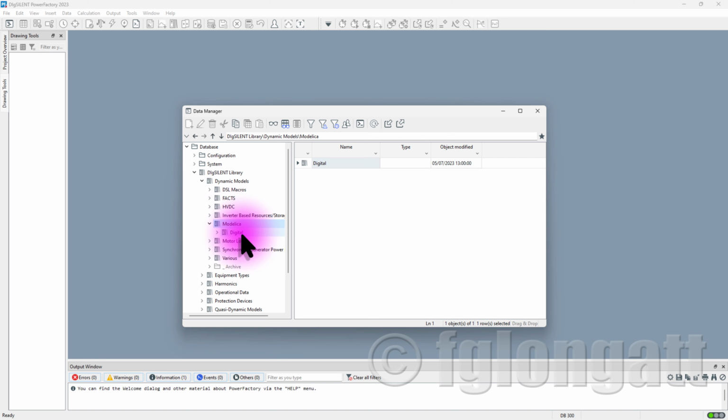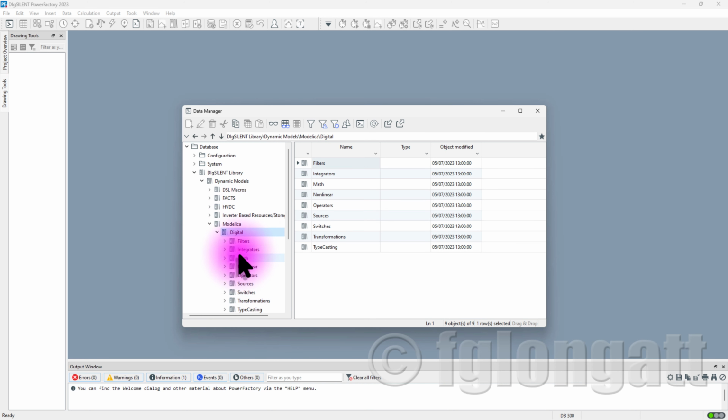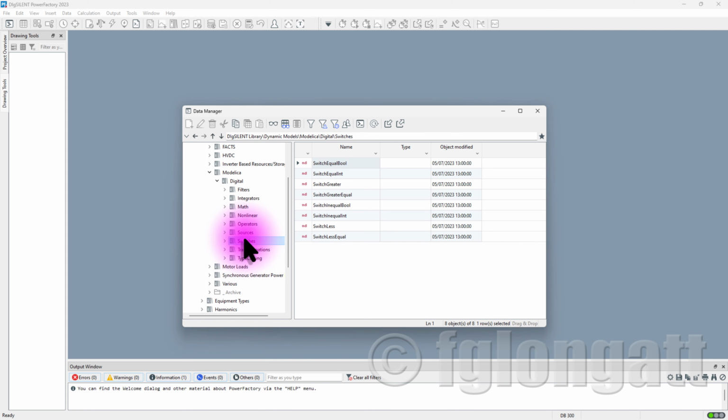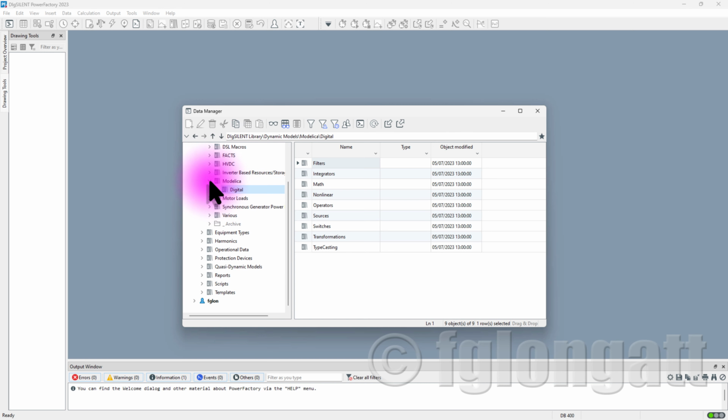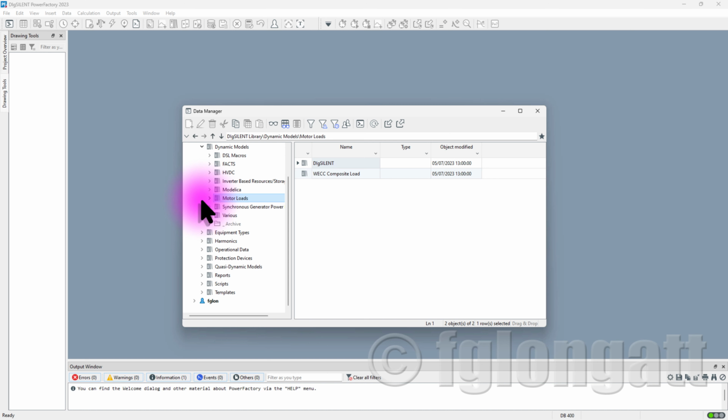Now, PowerFactory is going very, very hard in using Modelica. You can see over here that PowerFactory already defines many basic models of components and controllers using Modelica. Also, there are some mechanical loads that you can use for motors, especially if you are interested in motor starting studies. But my focus will be this folder called Synchronous Generator Power Plants, because inside this folder, there are 5 folders. One of them is this beautiful